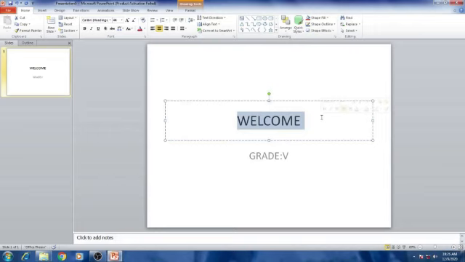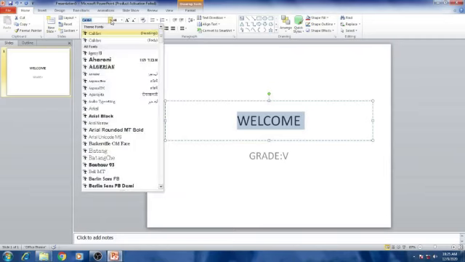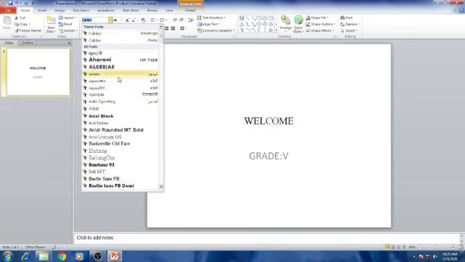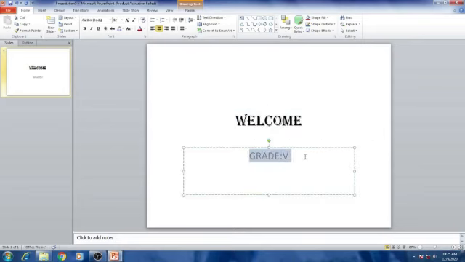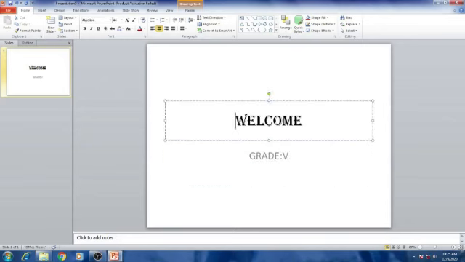Okay, after that step 2, use the font drop down list from the font group on the home tab to choose the font face. So under the home tab you can see the font group. Here you can see these font faces. Click it and you can choose which type of word you want. So let me select this one. So you can see now the word we selected, that particular word's font face changed to this one. See grade 5, no change for the grade 5. Which word we selected, for that particular word only the effect applied.